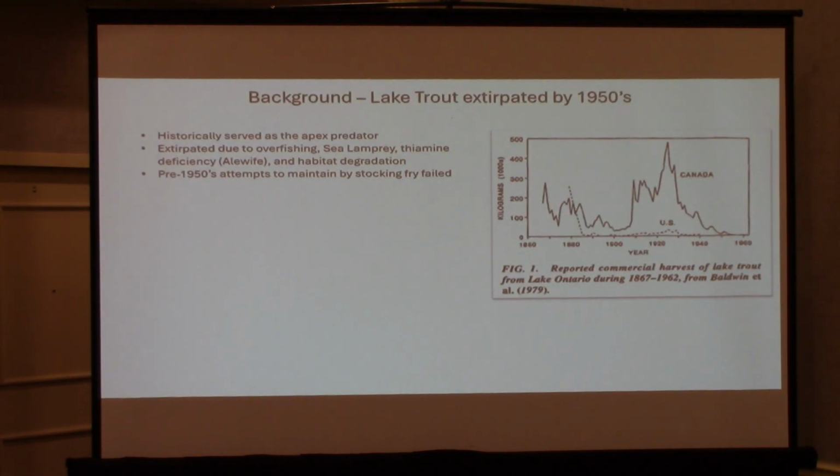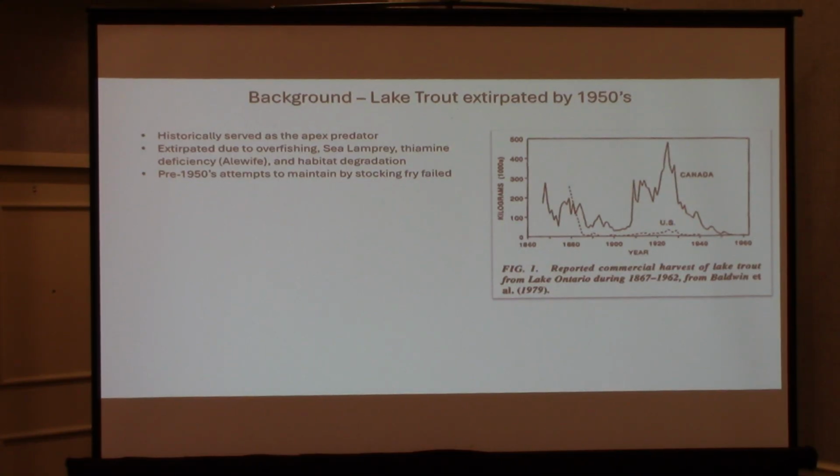Brief background: lake trout in Lake Ontario were considered to be extirpated by the 1950s. This is a graph of commercial harvest from Canada and US waters. They serve as our apex predator in the system, and aside from overfishing, there are also other threats that face lake trout as well: sea lamprey predation, thiamine deficiency caused by alewife, which we heard some talks about earlier, and also